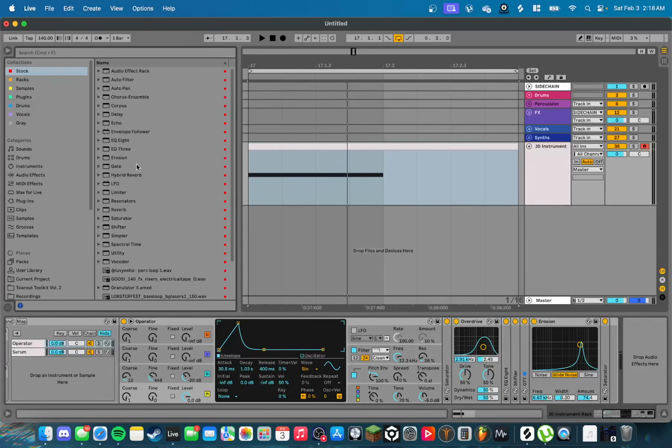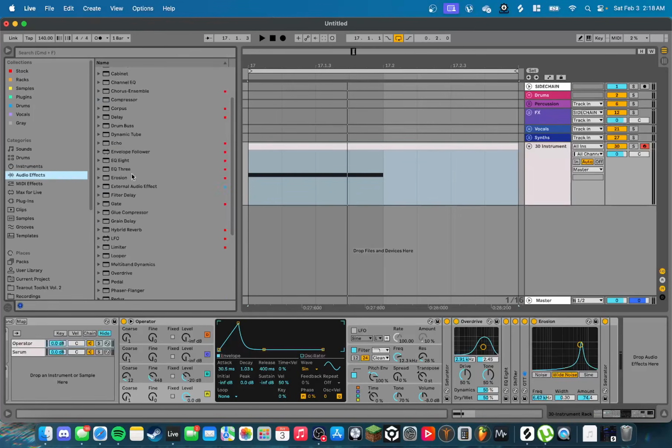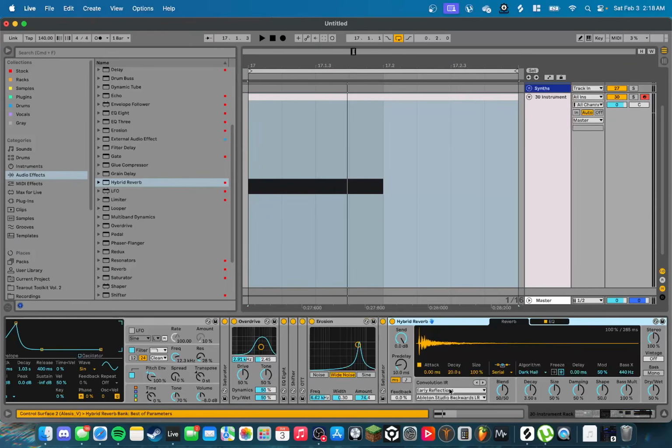Let's keep building this sound. Let's go with convolution reverb, right? It's gonna make it pretty nice sounding. So we're gonna go to audio effects, hybrid reverb. Nice. Let's see, we're gonna go to made for drums and large gated snare. I learned this from an Akuma Disciple breakdown tutorial. It's really nice. I'm probably gonna put this around like 400, 500. I don't want this to be too long of a decay,